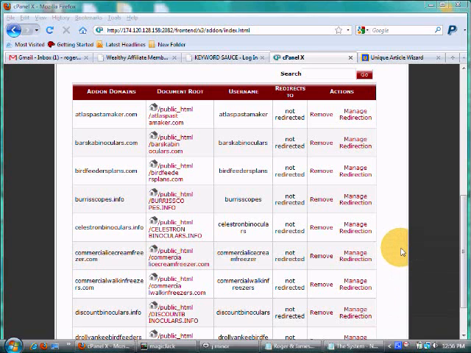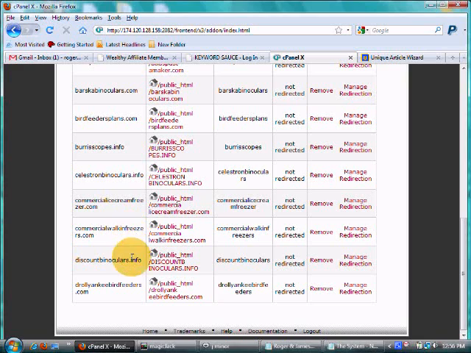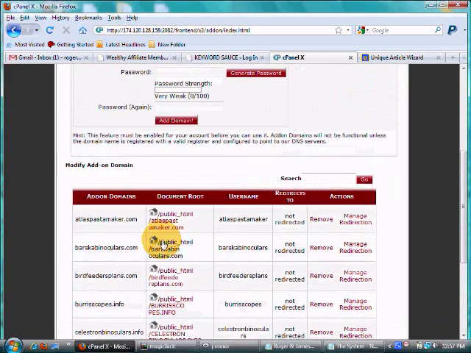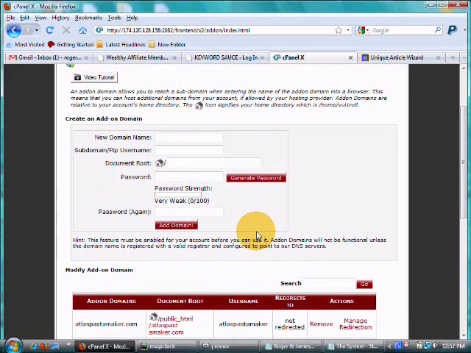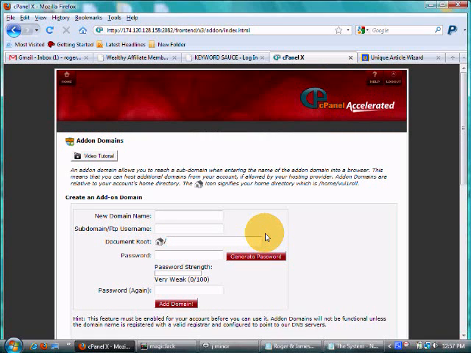Okay, now we have just set up a new batch of add-on domains. We just put in gyroscopes, Celestron binoculars, discount binoculars, and of course we have our main add-on, which is going to be on there automatically. So from where we put on the add-on domains, we want to go to the left-hand corner, click Home,